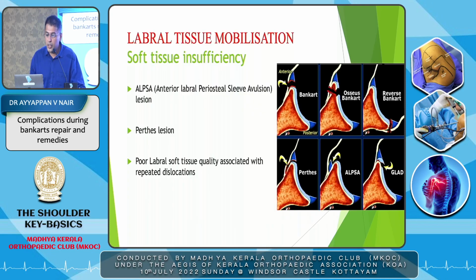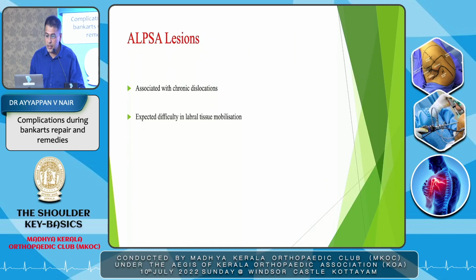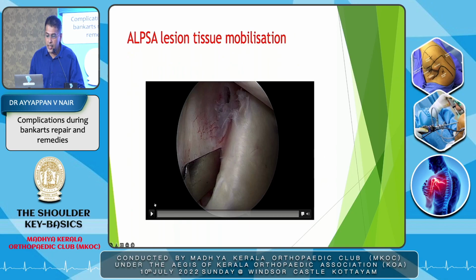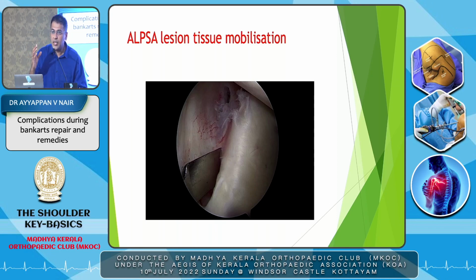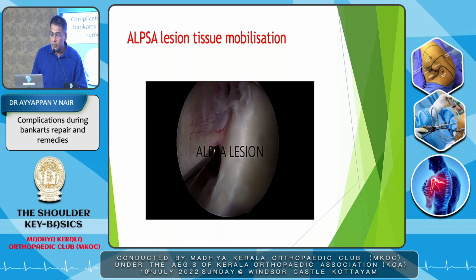Again, talking about soft tissue insufficiency, we have different types of ALPSA, and this is a classic example. There would be even worse scenarios. This is one example of how the soft tissue looks in a chronic Bankart, where multiple dislocations have occurred, or even in a fresh tear, with a patient coming after 2 months, you can find this kind of scenario where you can't find a labrum. So don't worry if you don't see the labrum. The labrum is always there. It can't go anywhere. It is definitely there, but you have to go find it. It will definitely be a little more on the neck. It will be down, and so